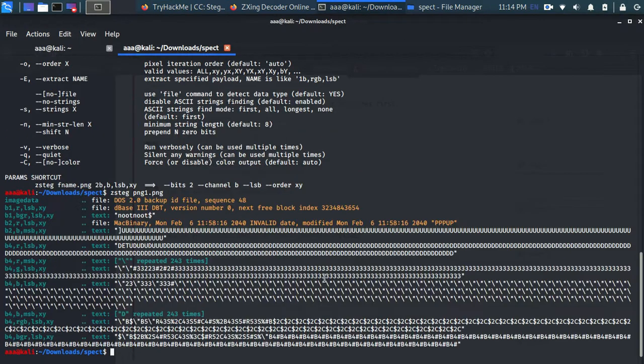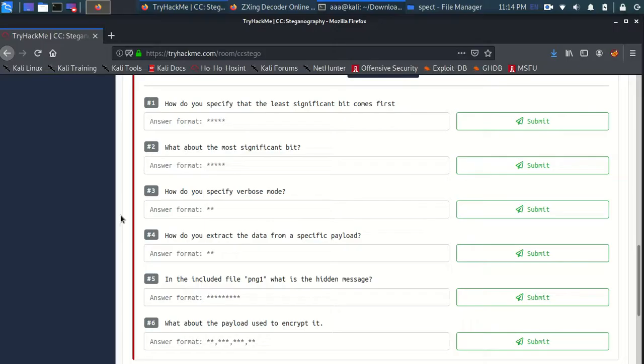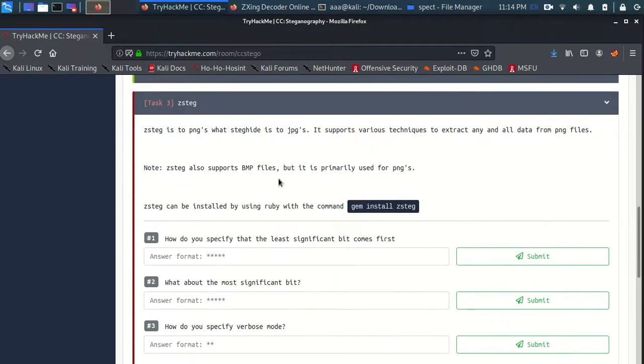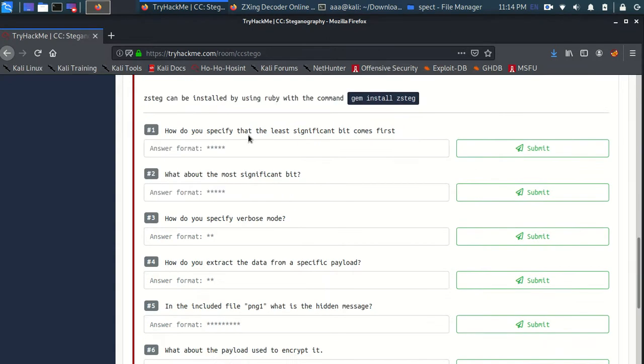ZSteg is actually used for PNG files, because StegHide doesn't support PNG, it only supports JPG. ZSteg supports PNG.